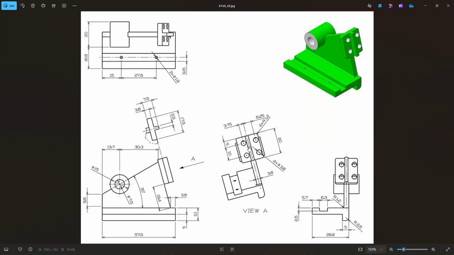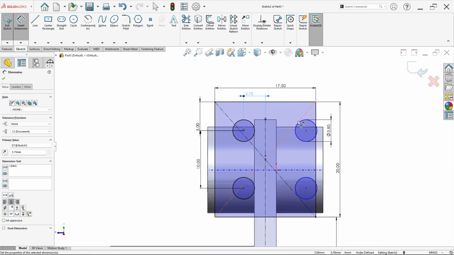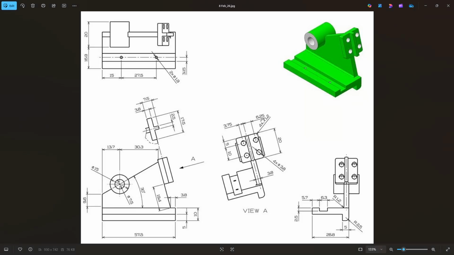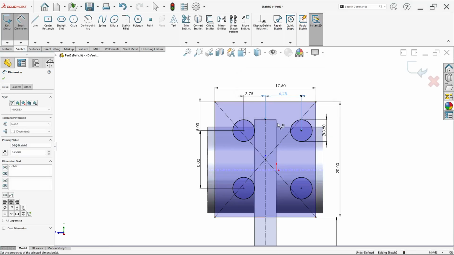You can see in here. Then you can see this center to this center line has a distance of 6.25 millimeter, like this.